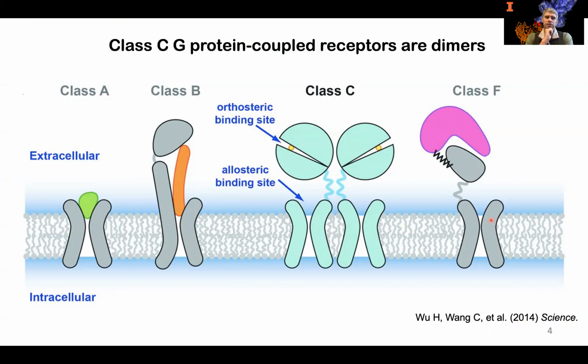This class of GPCRs is very interesting. They bind to a ligand in these large extracellular ligand binding domains, which are a long way away from the G protein coupling site in the cytoplasm for signaling. So ligand binding in some way triggers conformational changes in this obligate dimeric architecture. And so to understand that signaling mechanism, you'd like to know what it looks like.